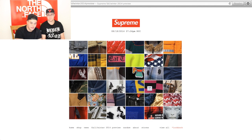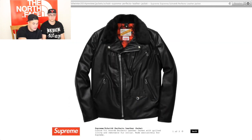here. I'm going to tell you guys right now, I'm probably not going to get this piece simply for the fact that I just don't have the funds for this piece, because I already know how much it's going to cost and it's just out of my budget. But it's a nice piece regardless. I like that Supreme's releasing it. So let's take a look. It's the Supreme